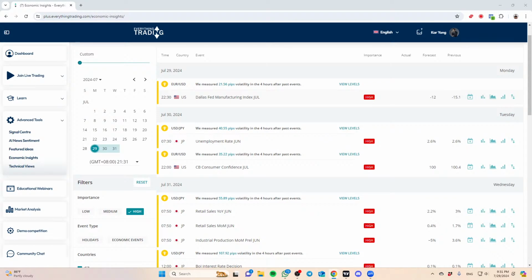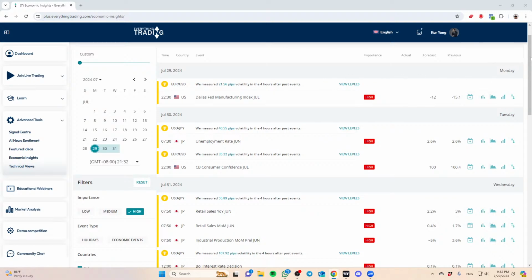So I'll start off with the overview of the market in terms of the economic events. What are some of the things to note? And then we'll jump into the technical charts, look into some of the markets, and then see if you guys have any questions that you would like to ask, and from there I'll answer them. Good. So quick one here.